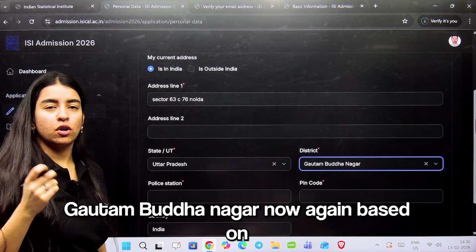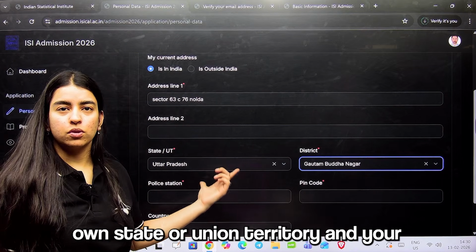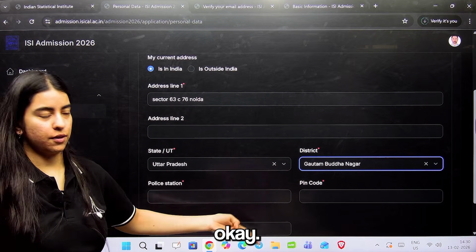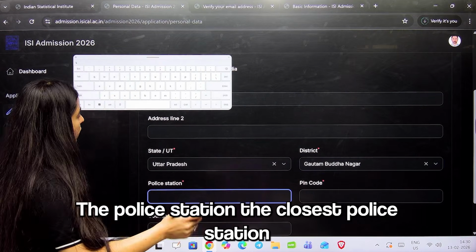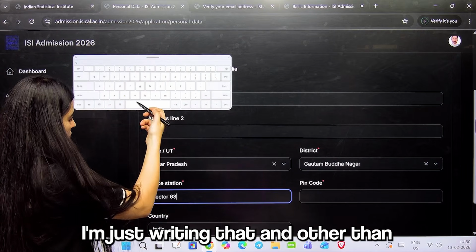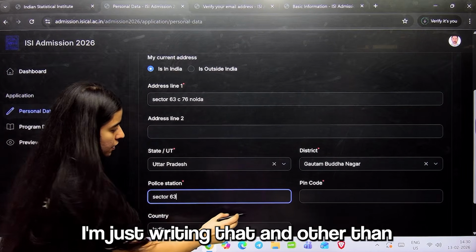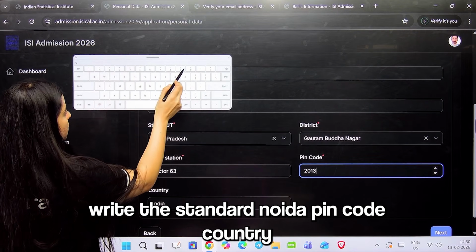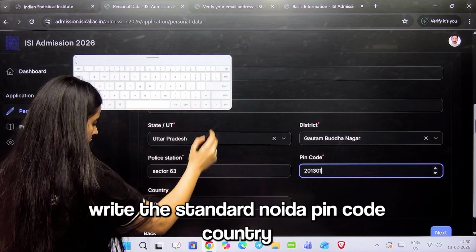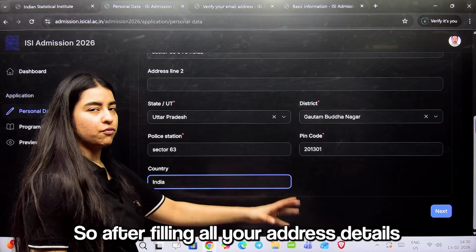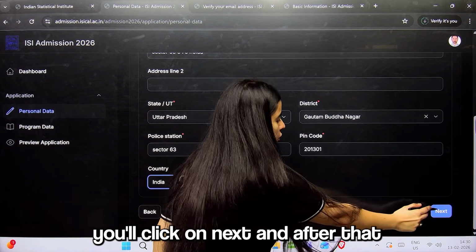Again, based on your location, you will be selecting your own state or union territory and your district. Don't fill these exact details there, okay? The closest police station here is of sector 63 only, so I'm just writing that. And other than that, the pin code. I'll just write the standard Noida pin code. Country, India, okay? After filling all your address details, you'll click on next.